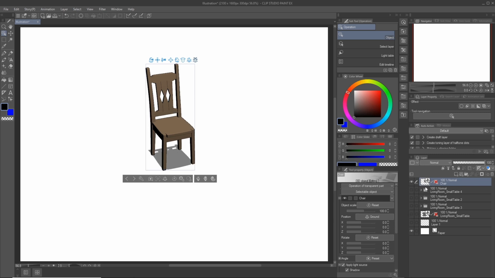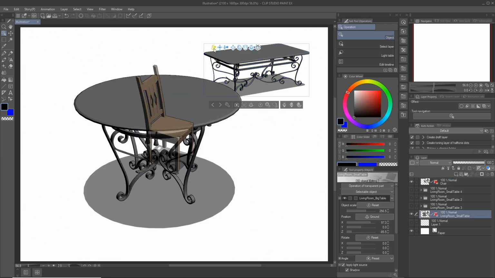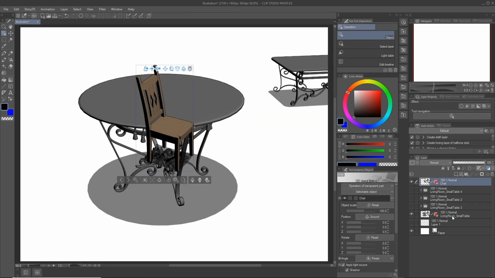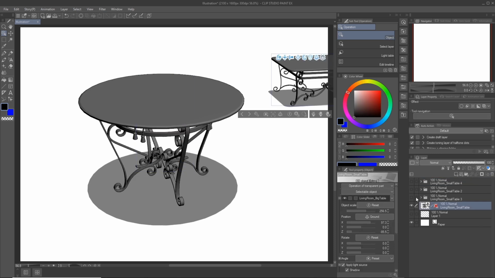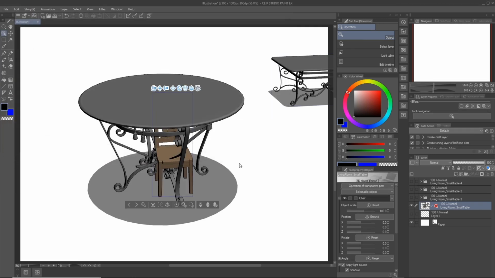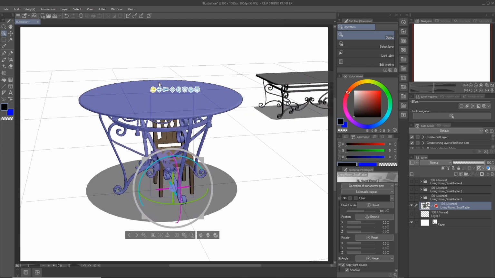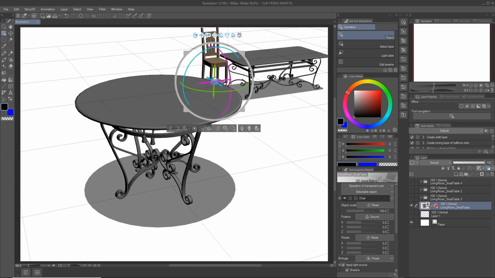So let's just show you an example. This 3D space is different than the 3D space of these two tables here, and that's because they're on two different layers. So I could just delete this chair layer. And let's say I did want that chair to exist in the same 3D space as these two tables. I would make sure that I have my 3D layer selected, go to File, Import 3D Data, and let's bring that chair in again. And now you can see, if I tumble around the camera, that 3D object is now grounded in the same space as those other objects. And this is how you can start creating a scene.